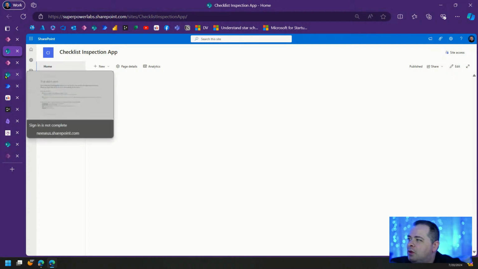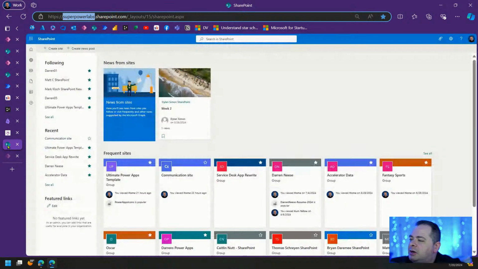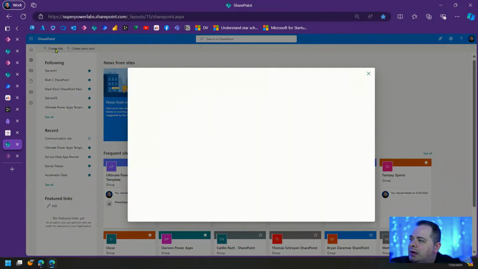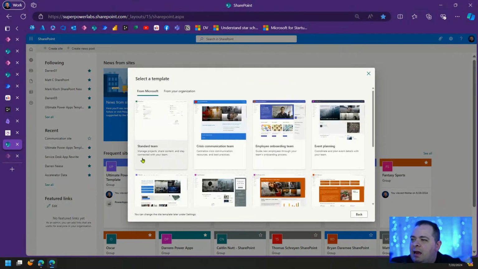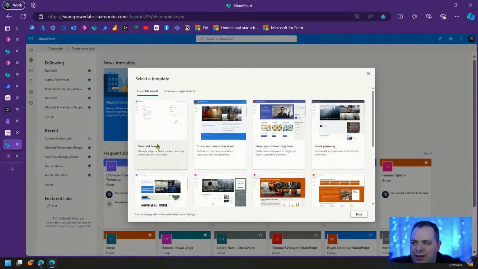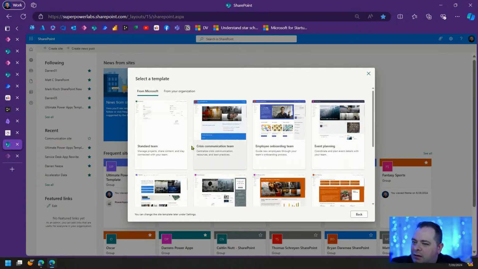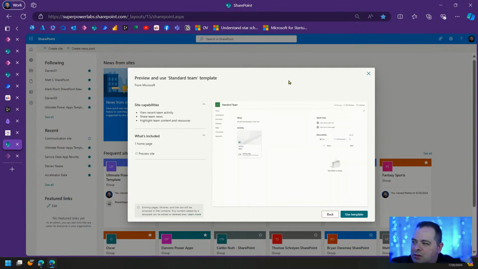Because what you may notice, if I bring up SharePoint here, if I create a new site and I go in here, I've got to pick from one of these templates, and none of them are completely blank. They already have stuff in there. I usually go with standard team when I create a new one. And then you could have some for your organization. Okay. So if you create the most basic one,